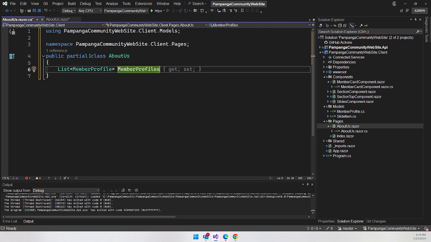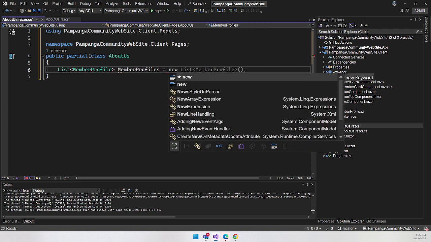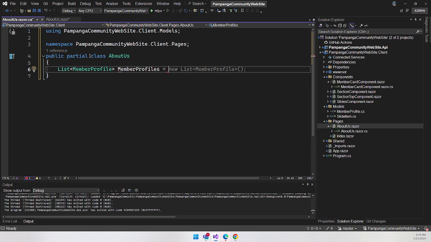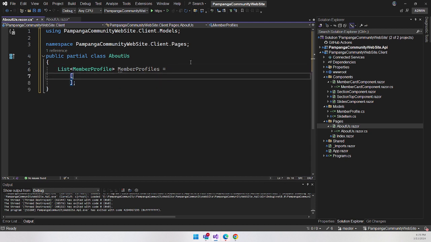Member profile is equal new. I'm going to use the new functionality from .NET 8. You can initialize the list with only open and close brackets. Okay, and then inside the brackets,